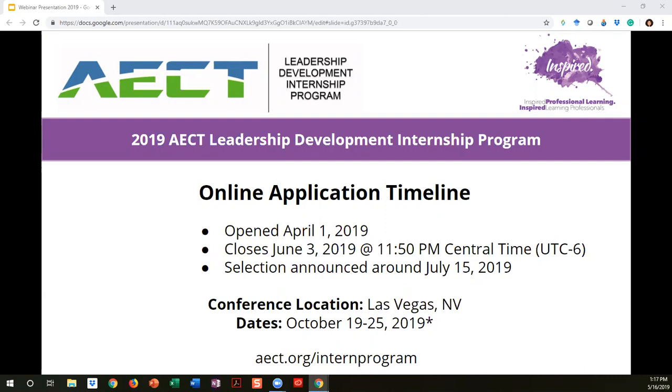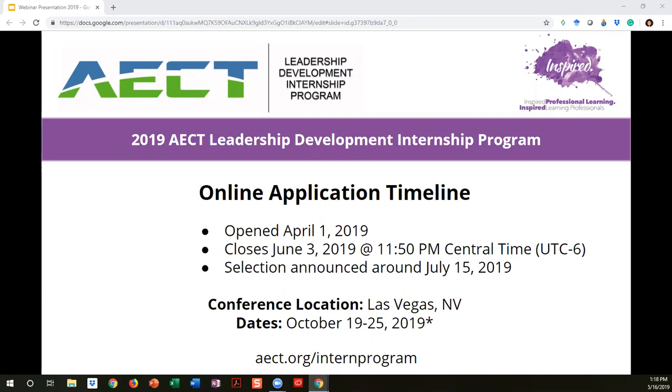We're staying at the Westgate Resort and Hotel and Casino. And the dates are October 19th to the 25th. And I put a little star there because the date is a little bit earlier than what is usually advertised on the conference site because interns typically arrive a day before the conference begins and get to see behind the scenes how the conference is set up, get a chance to meet with all the leaders that are there ahead of time, and ask questions and start learning more about the inner workings of the organization